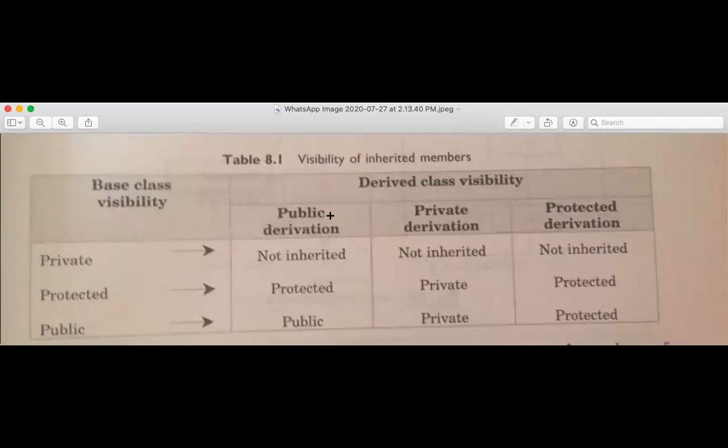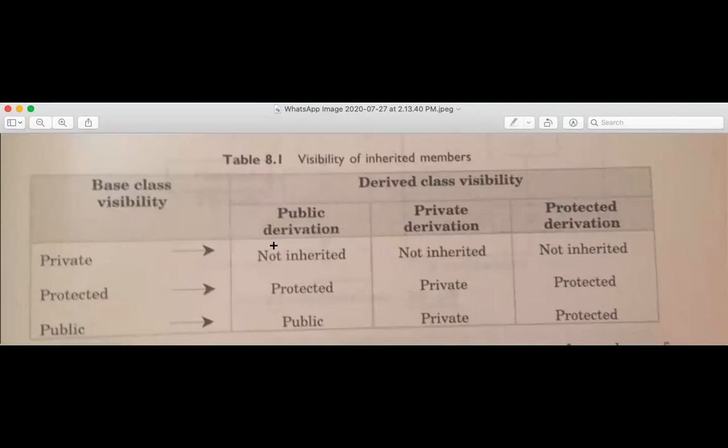Have you understood this? This is a very important table for your C++ aptitude. Three to four questions you can directly answer by only using this table. How?